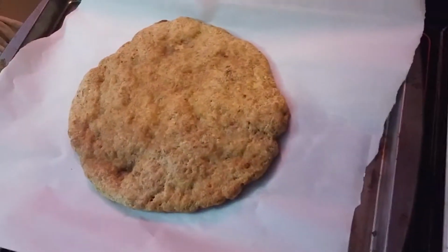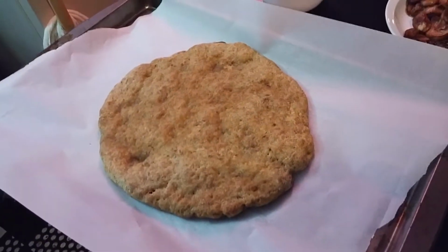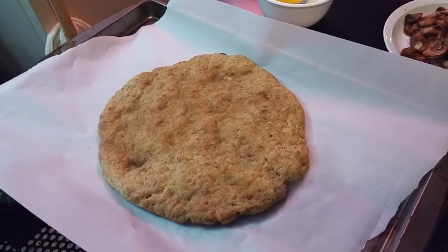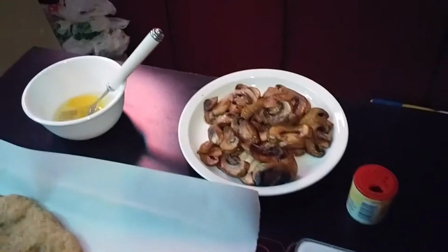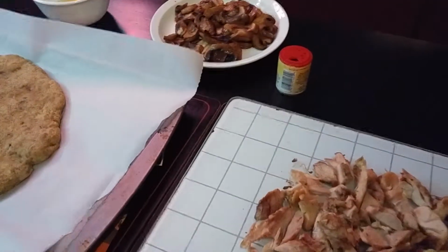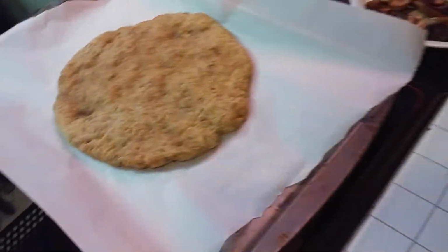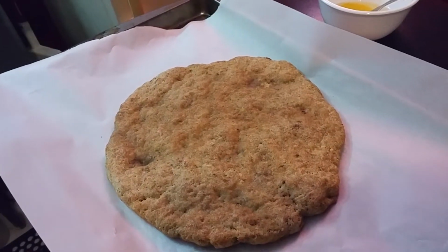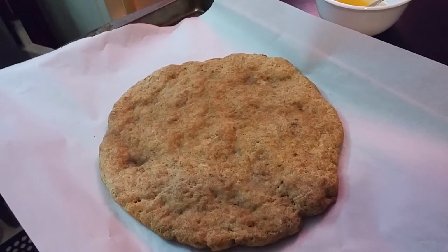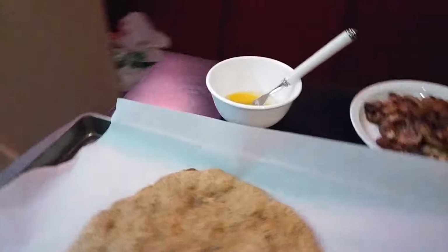Hey guys, so now I have, let's see here, my pre-baked focaccia bread, which is from pizza dough, gluten-free pizza dough crust. My chopped up chicken thighs, my mushrooms, that's the secret ingredient, and then I've got some oregano. So this is a take on a Sicilian style bread that would be baked in the oven, but the binding ingredient is